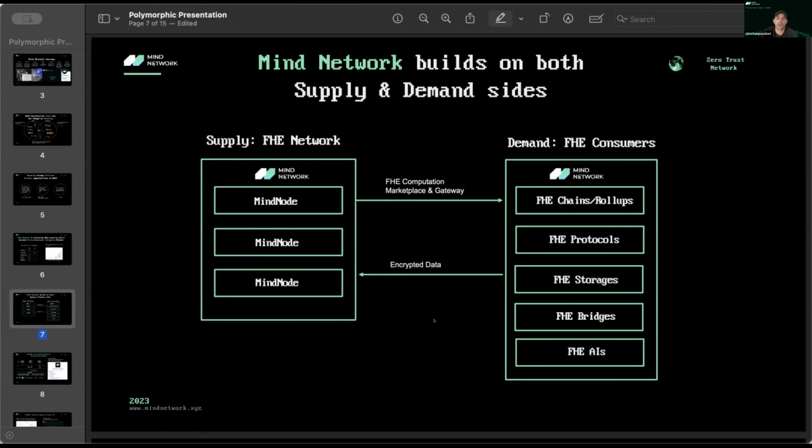And then bridges are a really hot topic in Web3. In order to really onboard the masses and get Web2 users more comfortable with Web3, we need to lower the barrier between chains. We need assets and liquidity to be able to flow across chains more seamlessly. Bridges have been the standard for several years, but they also happen to be a quite vulnerable feature of the Web3 ecosystem. And so adding FHE bolsters the security of bridges.